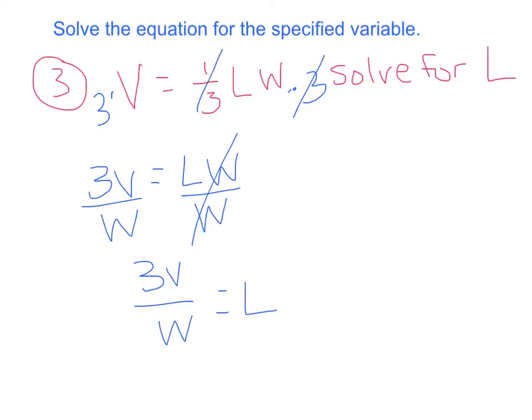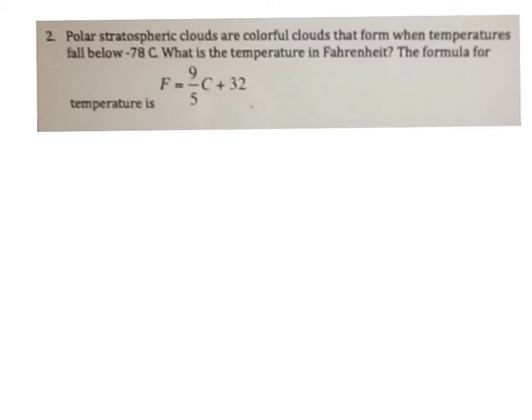Let's try some word problems. This one says the polar stratospheric clouds are colorful clouds that form when temperatures fall below -78 degrees Celsius. What is the temperature in Fahrenheit? The formula for temperature is F equals 9/5 C plus 32. So we want to change the temperature from Celsius to Fahrenheit. Well, we know what C equals because they told us it's -78. So we want to take F equals 9/5. Now instead of C, we're plugging in -78